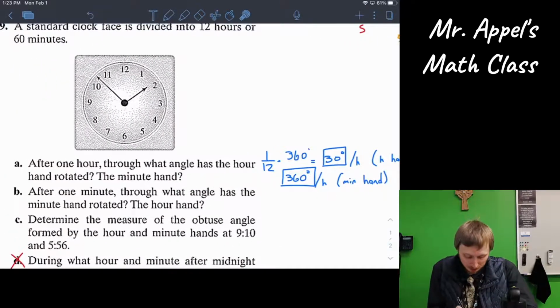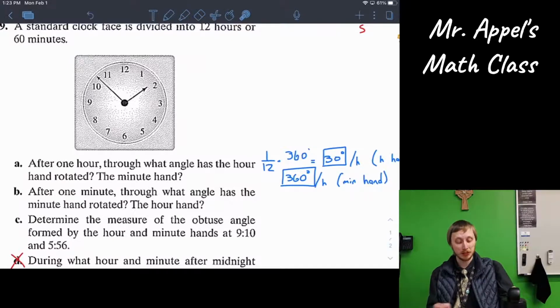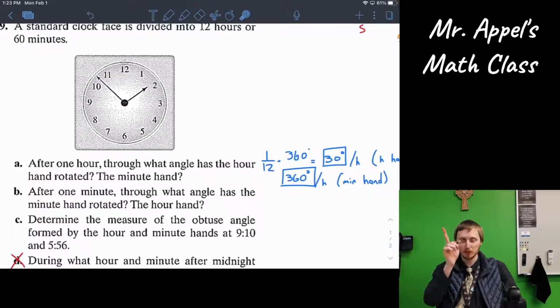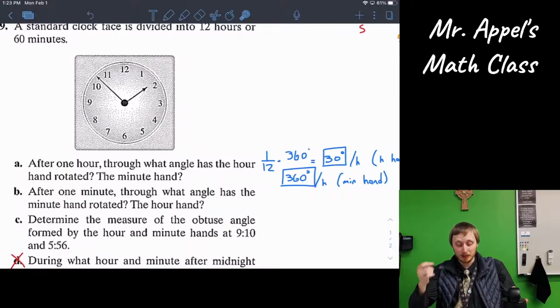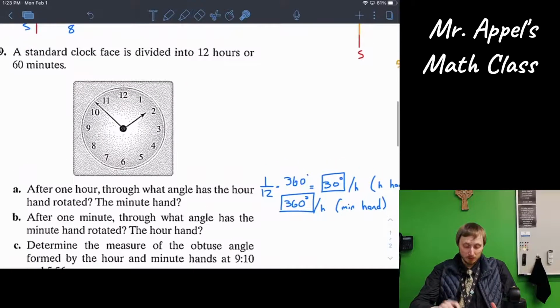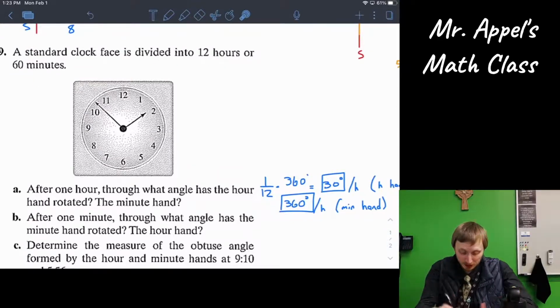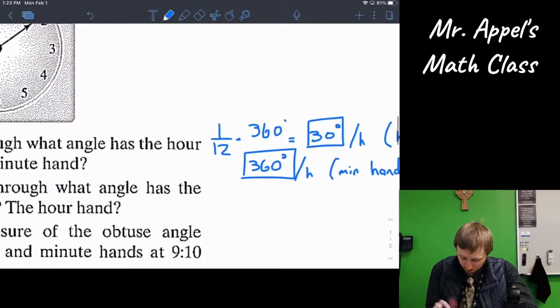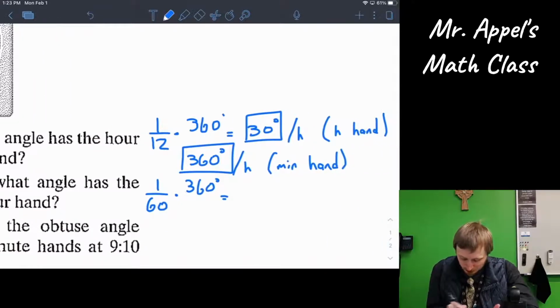Let's go on to B. After 1 minute, through what angle has the minute hand rotated? Oh, same as with the hour hand, the minute hand. Okay, so 1 minute goes by. Well, how many minutes in? They already said the whole clock face divides into 60 minutes. So it has moved 1/60 of that. The minute hand goes around a 60th of the whole clock, which is the 360. So 36 divided by 6 is 6 degrees per minute